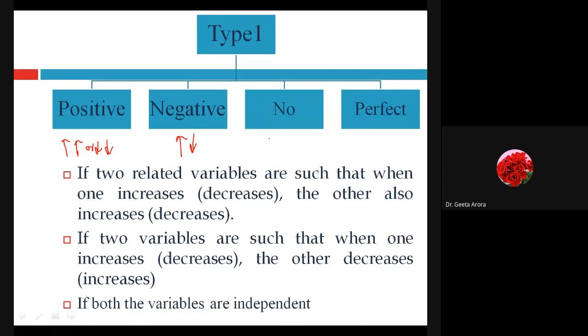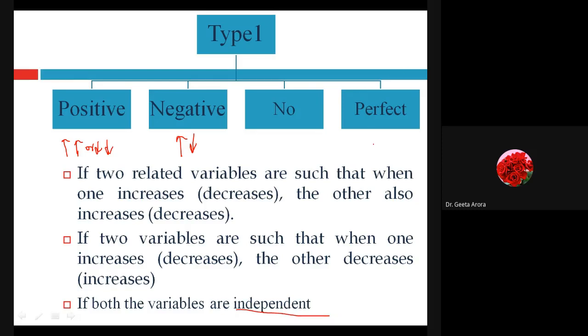There is no relation. Suppose we talk about how many hours electricity is being given to you, and how much score you are getting in a subject, so obviously there is no relation, right? There is no relation between the electricity coming to your home and your devotion to the study. If you are devoted, obviously even if there is no electricity, you will still study. So it depends upon the things. We can say there is no such direct relation. So here we can say the variables are independent, meaning there is no relation.